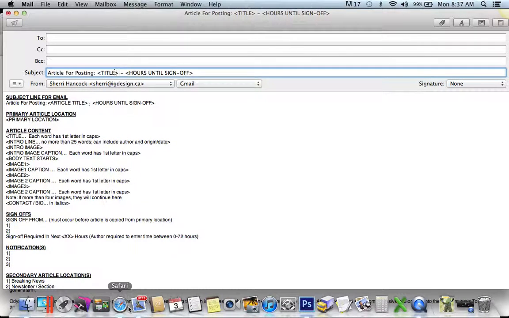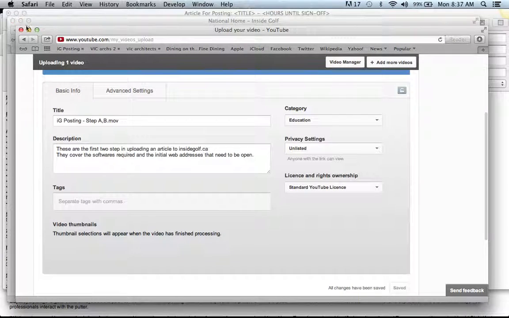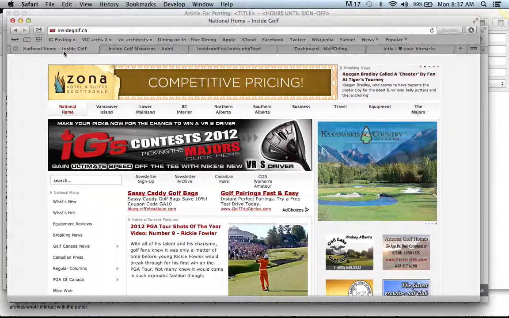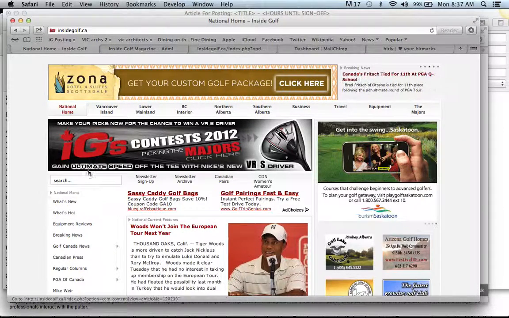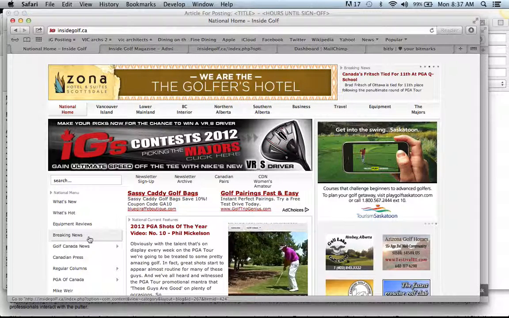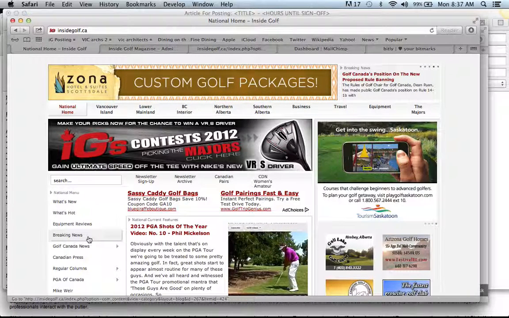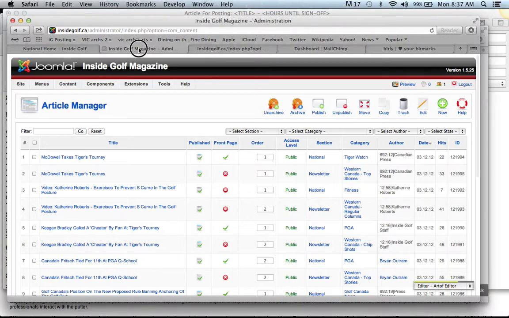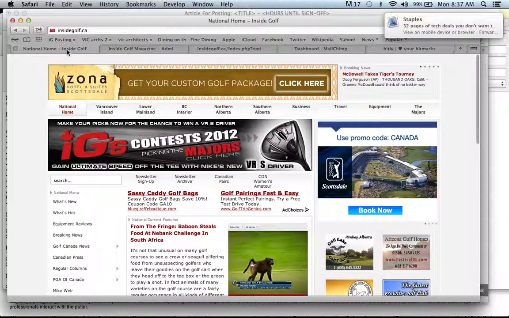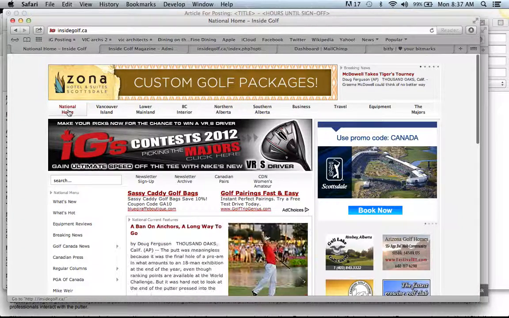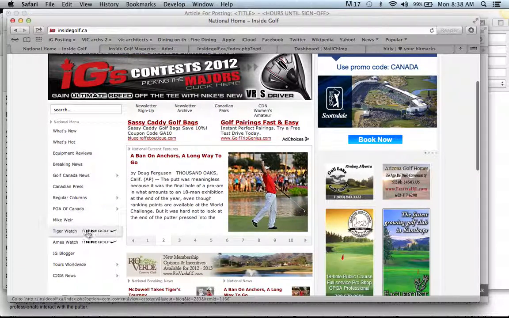on the front end of our website, just for a quick moment here, wherever an article is supposed to go first before it's copied anywhere else, that's called its primary location. So when we were talking about our article here, McDowell takes Tiger's tourney, its primary location was Tiger Watch in the national section, which we went to before. I'll just remind you of that. So we're in the national section right now because that's highlighted, and if we scroll down there you see Tiger Watch and you click on it,